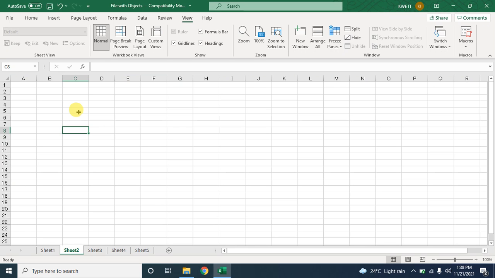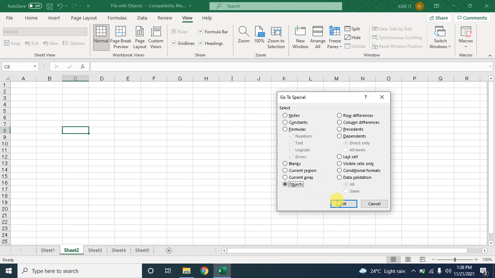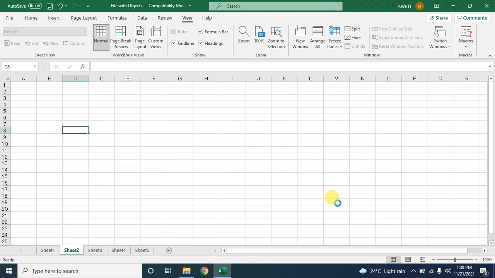Now I'm going to press F5, and again click Special, select Objects, click OK. I think so many objects are in this sheet too, but not visible to me. I think the sheet is hanging again.